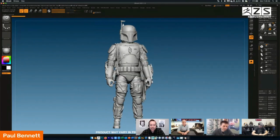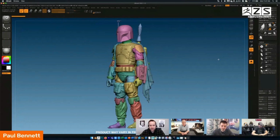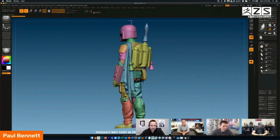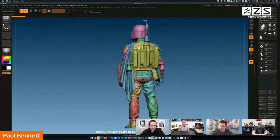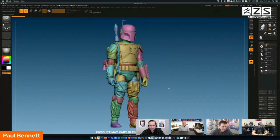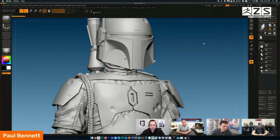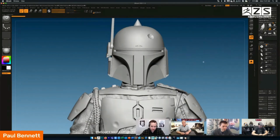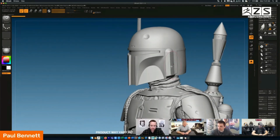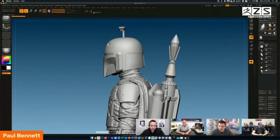So we got the opportunity to redo the Boba Fett figure that we had previously done in the Episode 5 version. And when we got the chance to do the Return of the Jedi version, it was like, we've got to do this from the ground up. It was really exciting. One of the things I like about working in the toy industry is the opportunity to create something that you then give to the end user for them to be creative. For example, a kid would make their own adventures with the action figures, or you see now on Instagram a lot of toy photographers creating amazing scenes that look like movie stills,